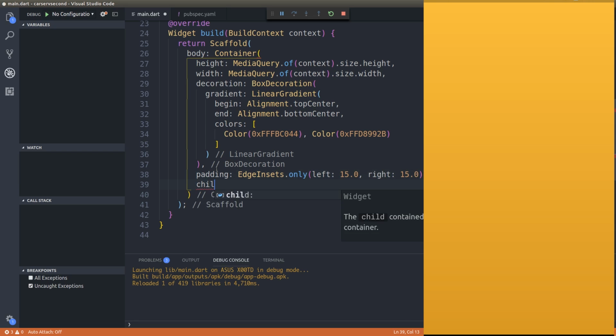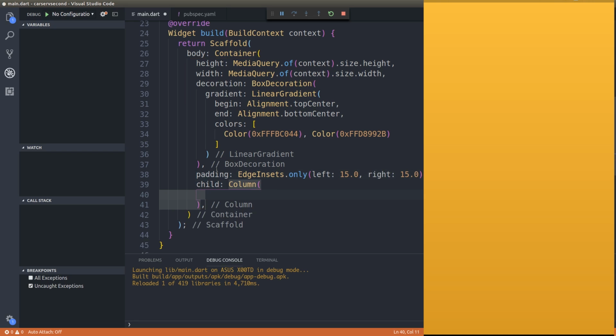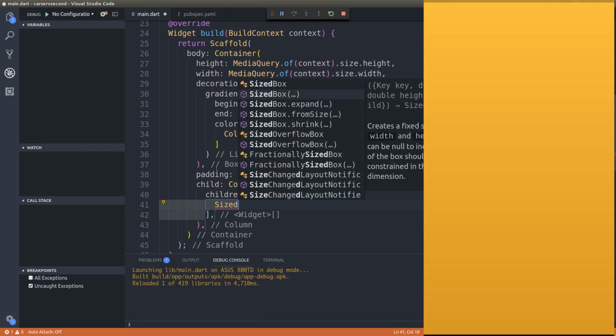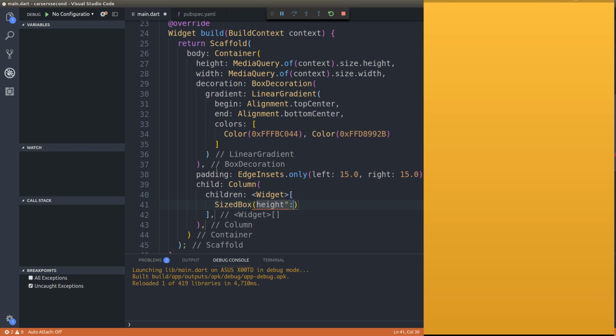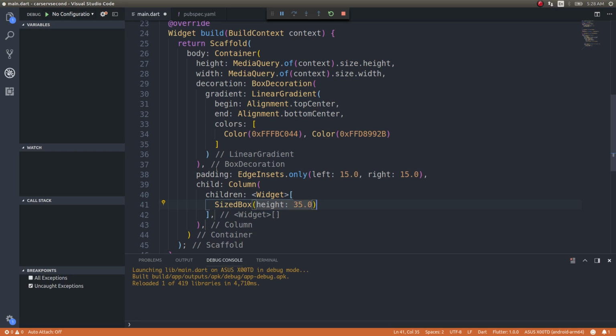And child will be some column. And inside this I'll do a children widget, SizedBox, height would be some 35.2, and alignment